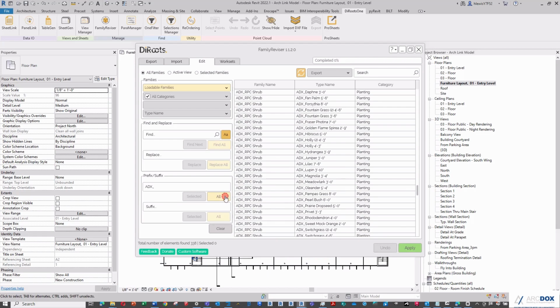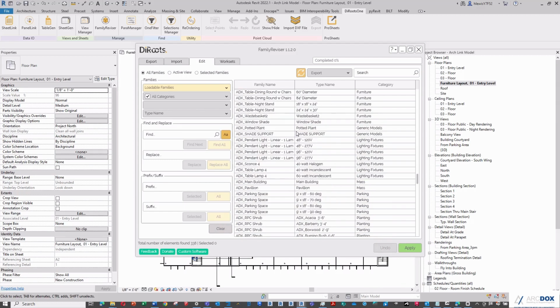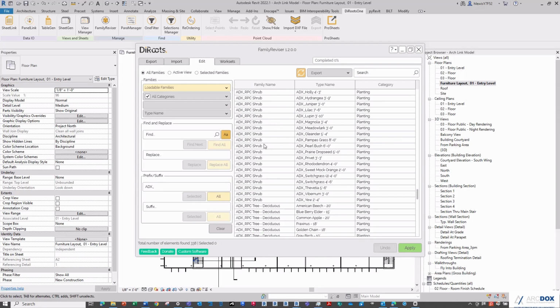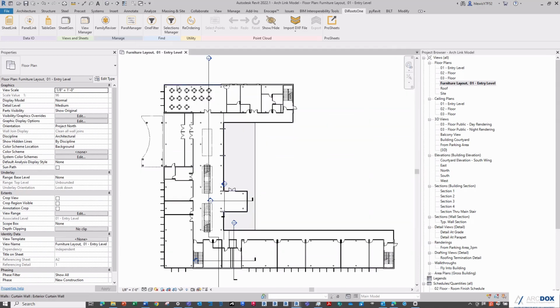Now if I wanted to, say, apply the ADX prefix to a number of the different types and hit apply all, you can see an issue that we run into where it'll essentially apply two of the prefixes there to the ones we've already edited and changed. So you just have to be mindful of that. You can clear and undo like I've just done. So now we can see that these changes have been made to the type and the family